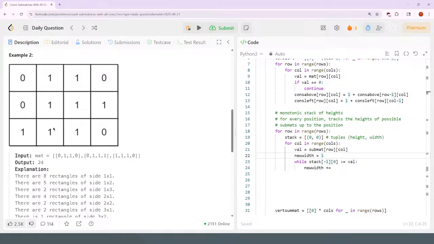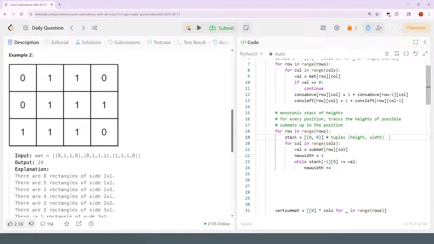Should be 1, 1, 3, 1. Yeah, the new width starts with, so if it's a 0, 0, actually